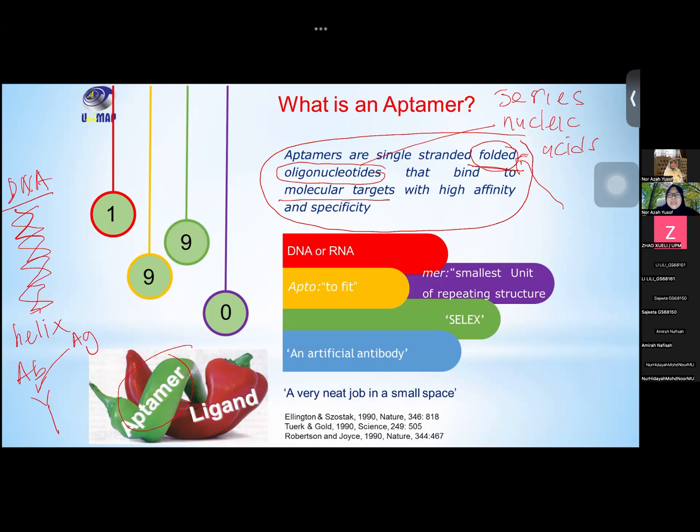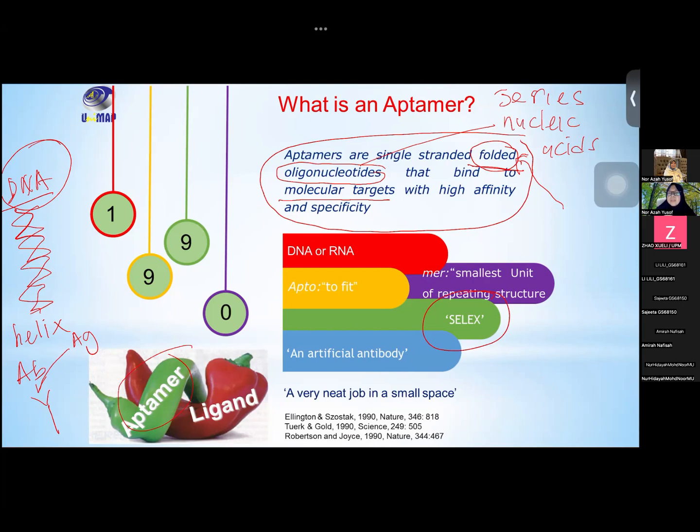It can be synthesized like DNA. DNA we can synthesize because it is a series of nucleic acid. We can just attach the nucleic acid according to the sequence that we want. So aptamer is done that way. We can do the process called SELEX. So I'm not going to talk about SELEX today. SELEX is how to design, okay? How to design the series of nucleic acid or oligonucleotides to be very selective towards the analytes. Let's say we want to detect